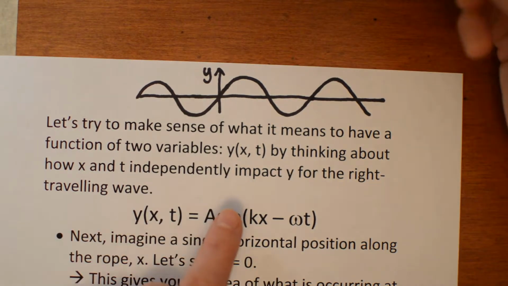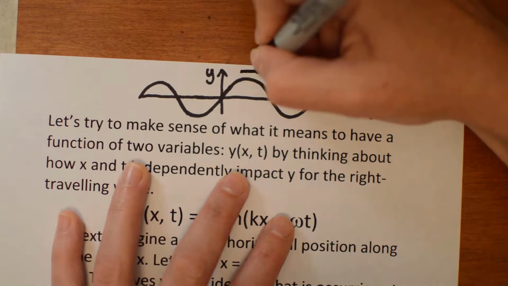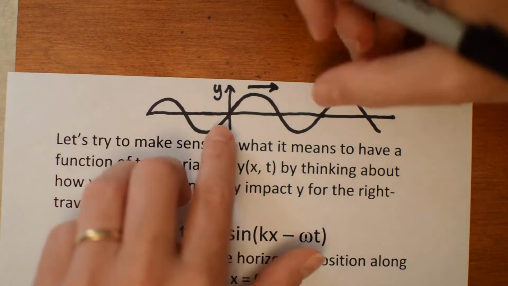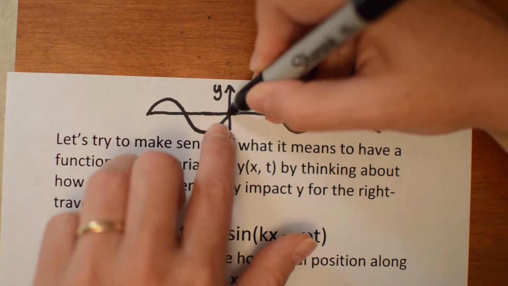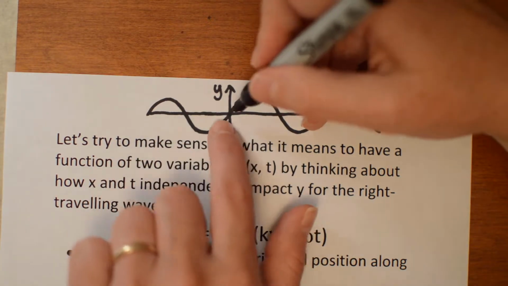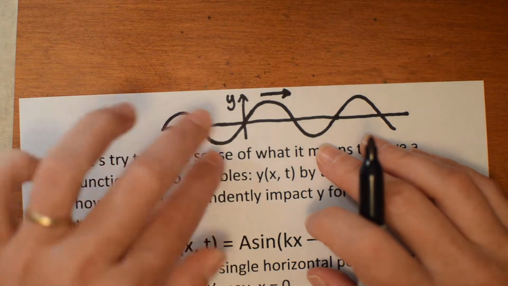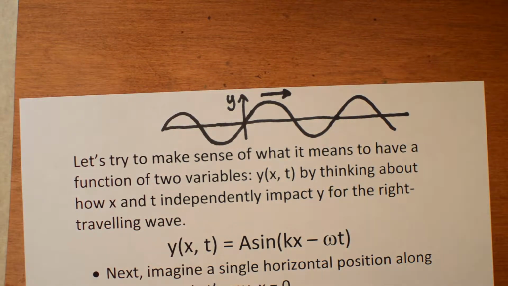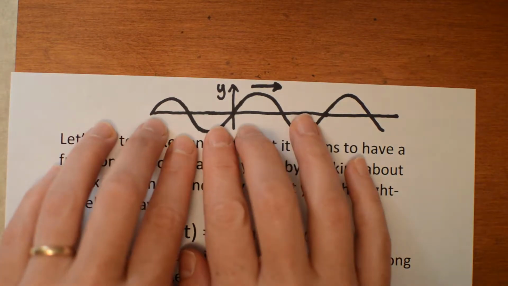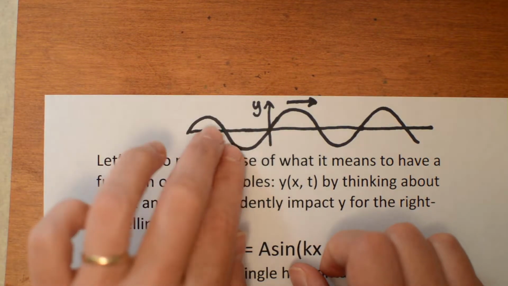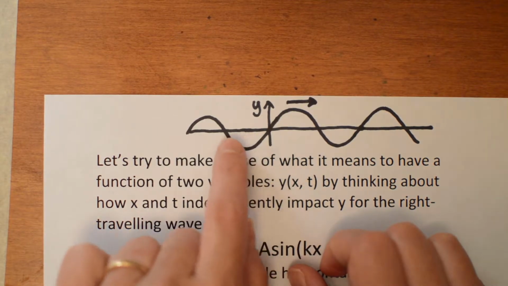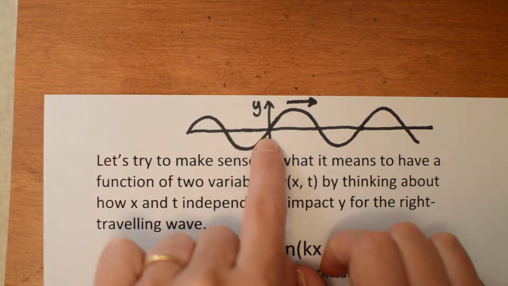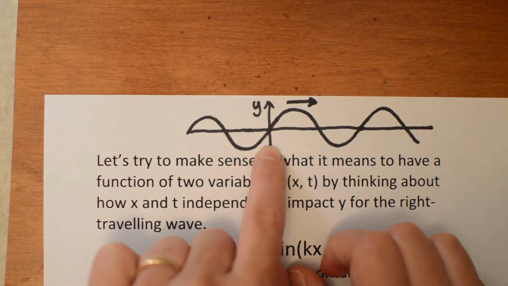But also it's important because if I have a right traveling wave, what you should notice is that as this wave moves forward, it's actually going to start out by going down, right? This is really tricky. I wish I could animate my paper. But as this whole thing slides this way, this piece here is going to be passing by that 0 point. So this is x equals 0 here, right? So at x equals 0, our rope is going to go down first as this piece goes by,